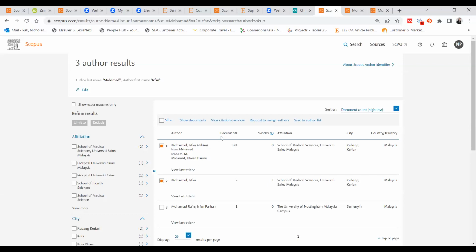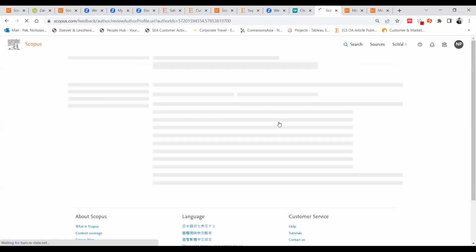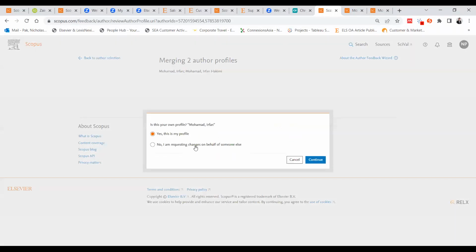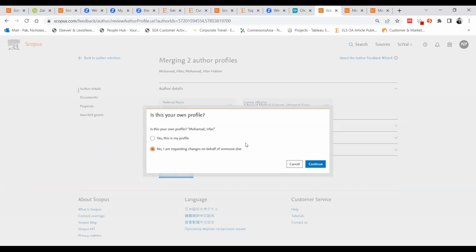Okay, so can I confirm both profiles are actually your profile? Yes. Okay, in this case, what I would suggest is that you can see from my screen here, you can request to merge the authors here. Right, so when you merge your authors, I would say first and foremost,